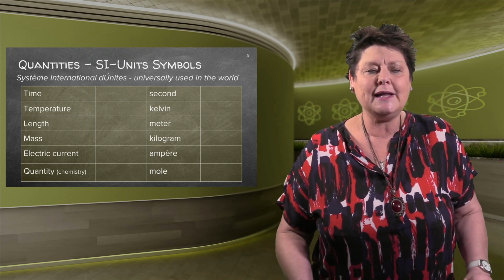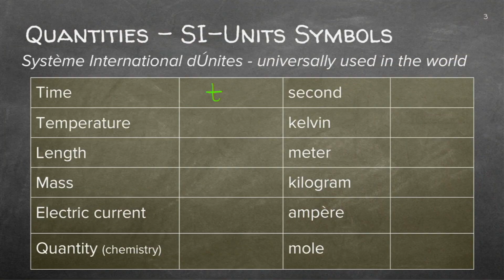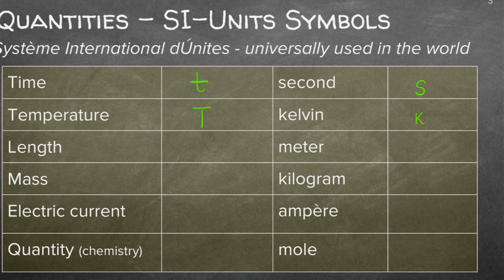Let's just revise quickly. Time will be a small t, and the dimension we work with is seconds. Temperature, however, will be a capital T, and we'll measure that in Kelvin. Length we'll measure in meters, but length can be L, it can also be x, and remember x is in the horizontal, or it can be y, which is in the vertical. And we can often find distance. So there are a few ways of expressing length.